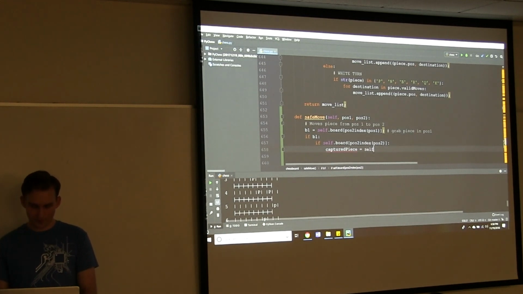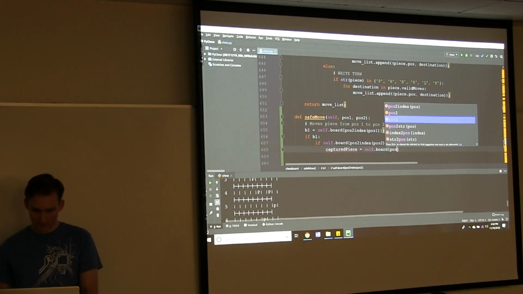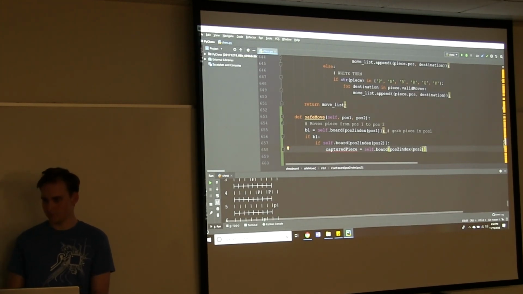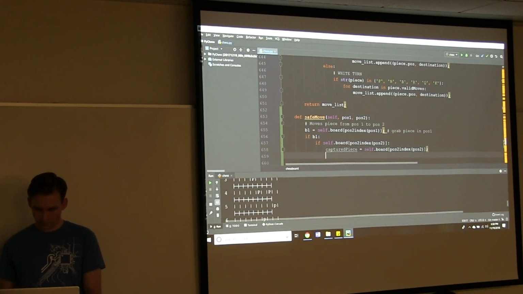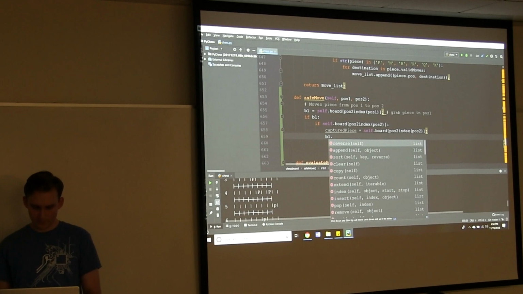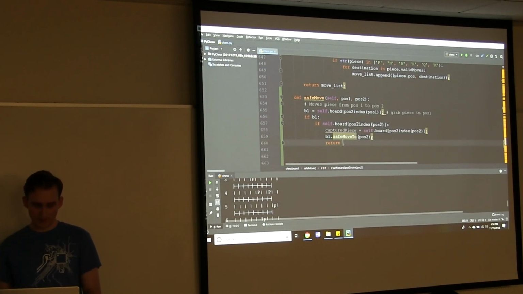If there is, we want to store that. So let's just do the same operation. And now we're going to be calling that piece function we made a little while ago. So if we captured something, we want to return that captured piece.